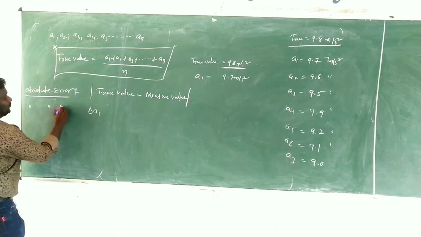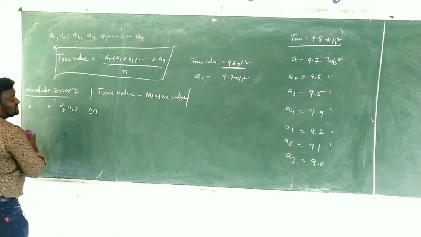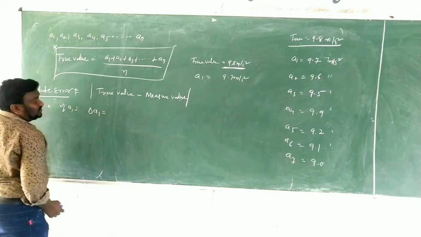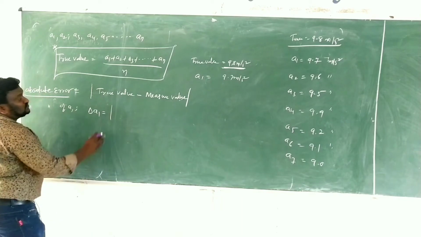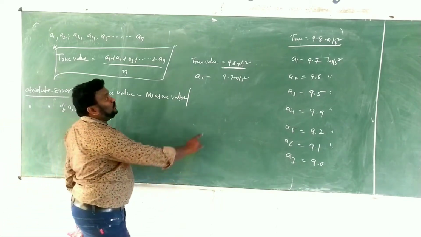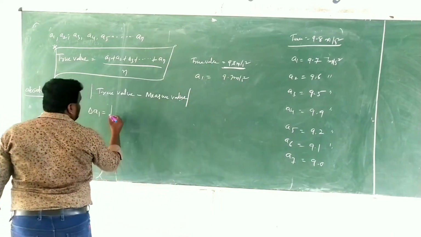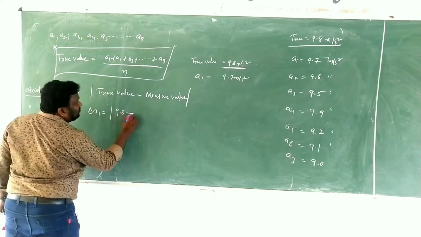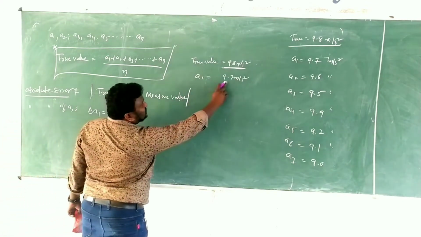Absolute error of A1 can be written as delta A1 is equal to mod of true value. What is true value? 9.8